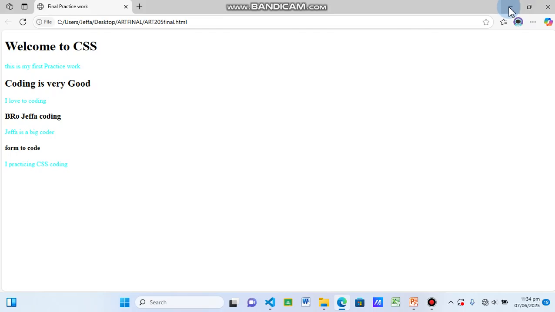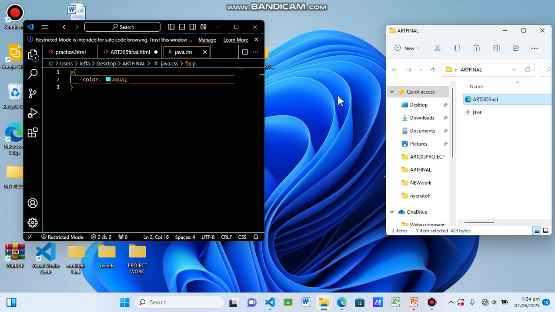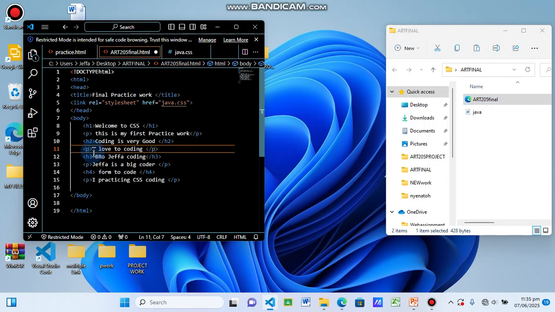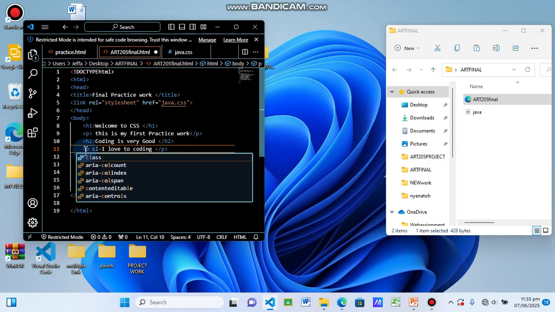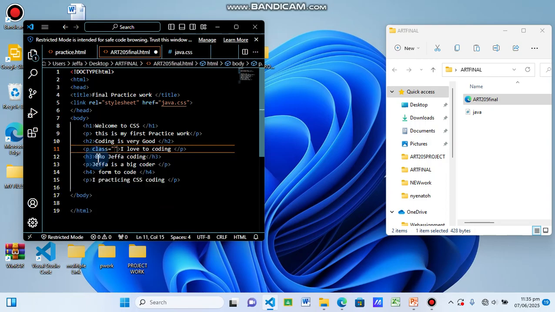So let's go back. We don't want all our paragraphs to be in this particular color. We want to specify which one of the paragraphs should have its own color. In doing this is where class or selector comes in. Now we will go to class. So in using class, you have to specify which one of the paragraphs you are selecting. So come to our paragraph, put class here, CSS class, we'll put p file, we'll save.